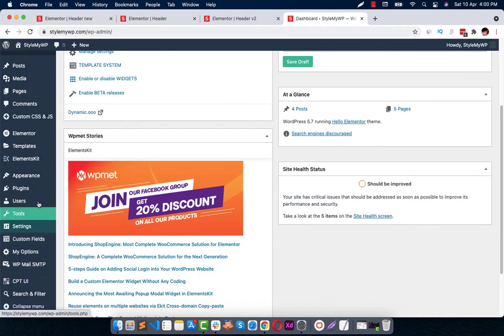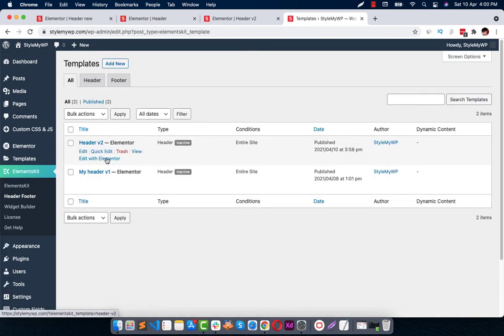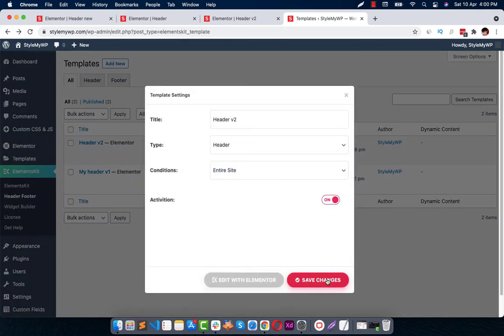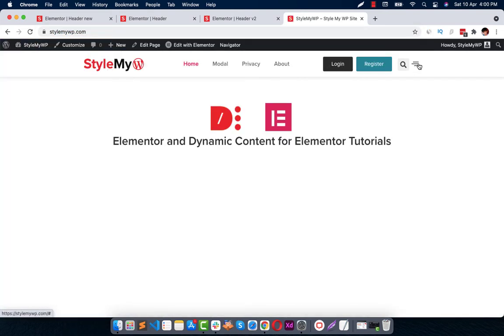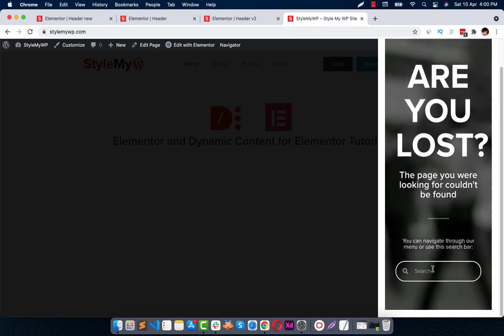Let's get back to our Elements Kit, header and footer, and quickly click on edit with Elementor. Sorry, edit only, and click active and save changes. Now when we get back to the website, it will show me the new one, the menu and the layout we added, right?